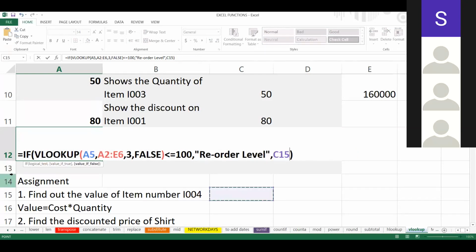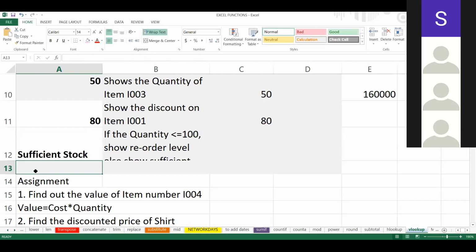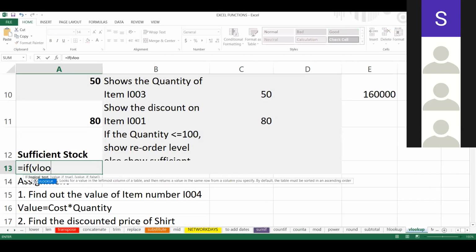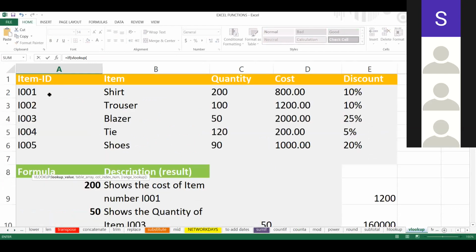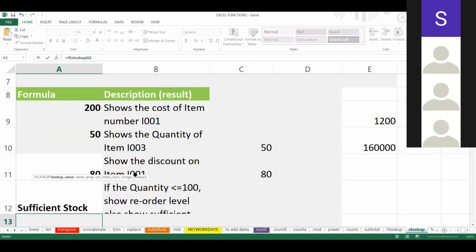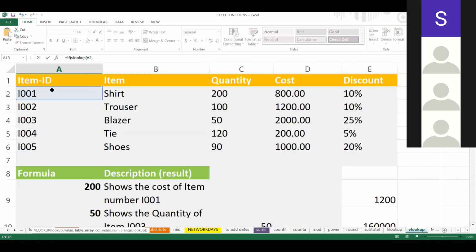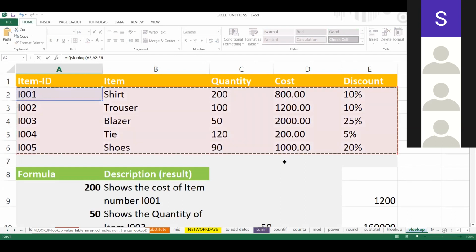So we will do this once more. Let us all do it together. Equal to IF bracket VLOOKUP. I'm taking I001 as the reference point, lookup value. Table array is the whole table. Always this will be the whole table.